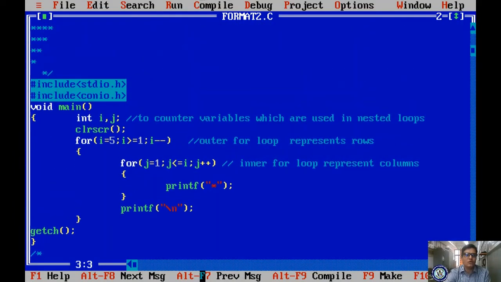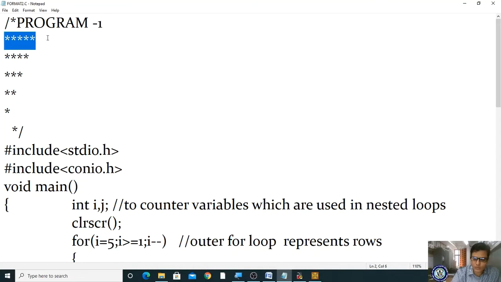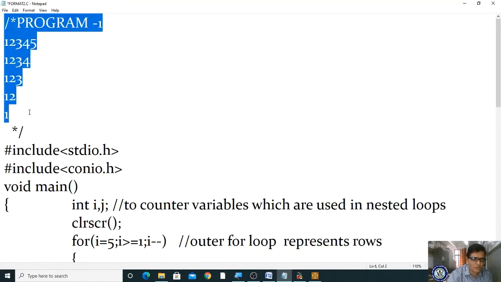Okay. So I'm giving one more example for your sake. Try to do this program. Okay. Now you are supposed to print 1 2 3 4 5, and in the next line you have to print 1 2 3 4, and next you have to print 1 2 3, and then 1 2, and then 1. Got it? Likewise you are supposed to print. So you just try this program to display. Okay, so how to display this 1 2 3 4 5, that you should know.